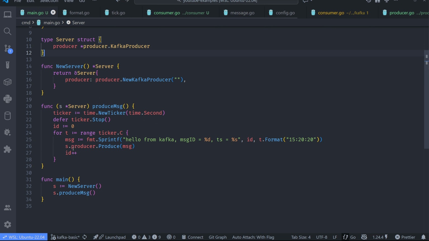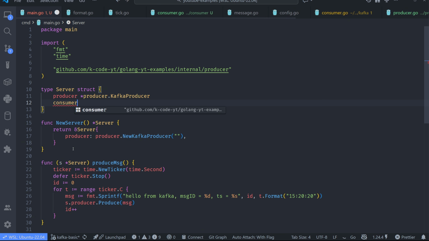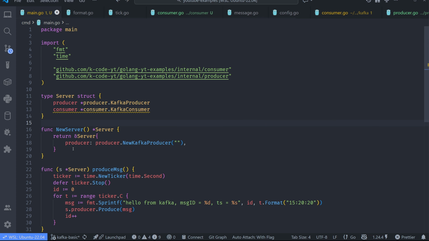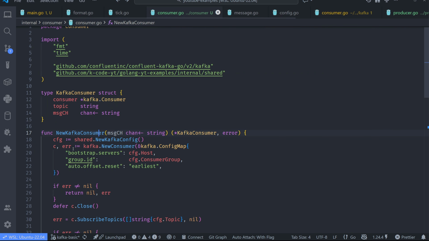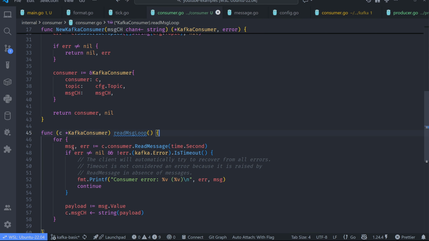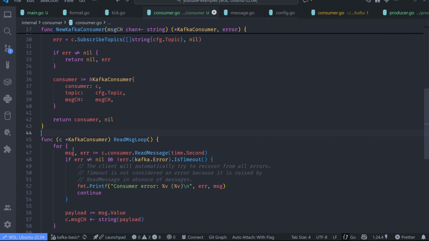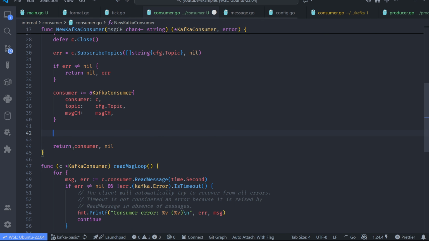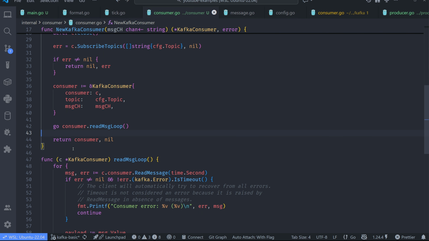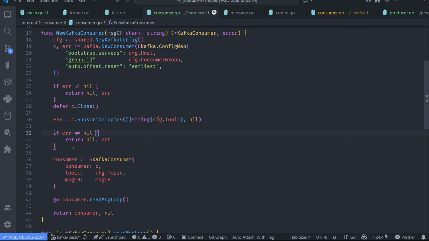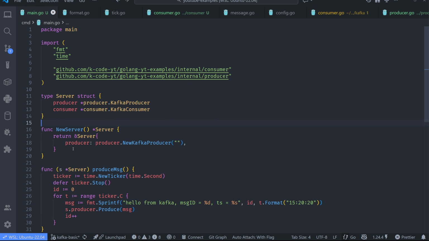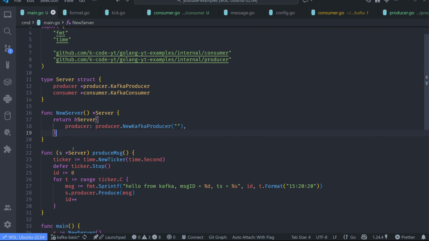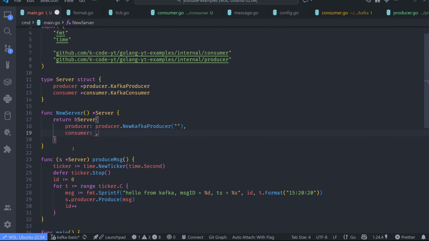Let's go into our main function, and now let's add consumer here. So this will be consumer Kafka consumer. Let's make it public. Nope. Actually, do we need to? I think we'll keep it private, and we will say in here, go consumer read message loop, like so. Whenever we create it, we will straight away start the loop. All right, and now we will say consumer will be